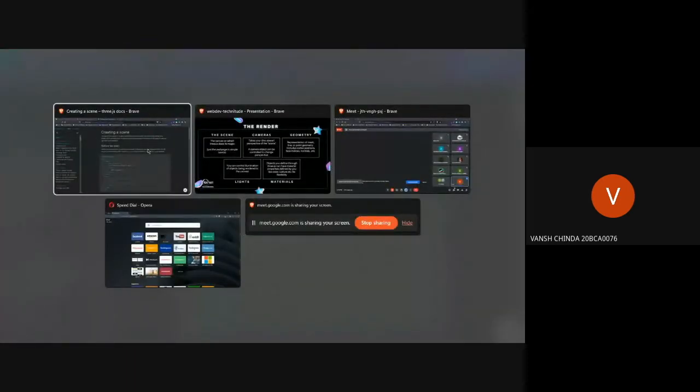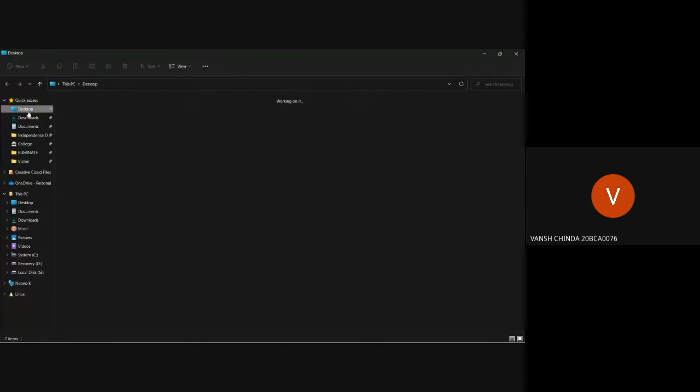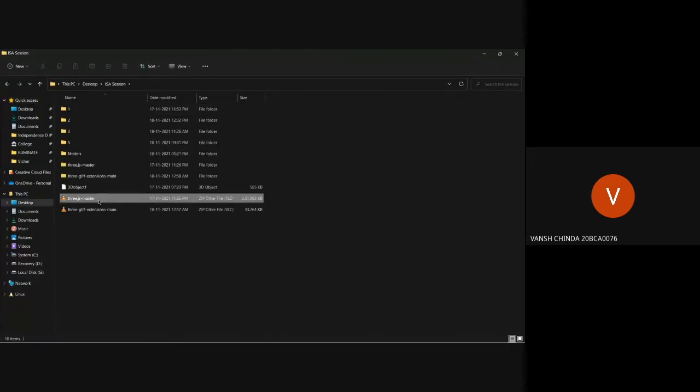Okay, so I'll just go to my folder on the desktop. This is the file we downloaded. It's a pretty big file, 225 MBs for the library. But when you actually work with 3JS, it comes down to really low. Like in the development process, it can be a little big. So let's just look at the library.